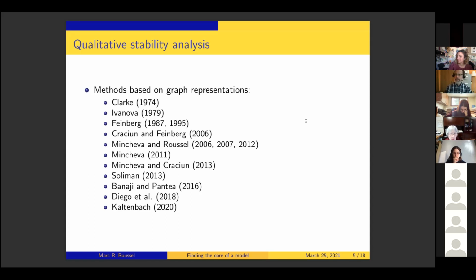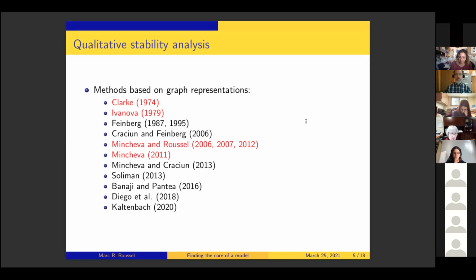Contributions by lots and lots of people. You see Feinberg's name again in there, and George Craciun again, and several others. I'm going to follow a particular line through this literature. Well, in fact, I won't tell you the whole history, but the line that I'm following starts with Bruce Clarke in the 70s, and then it was followed up by